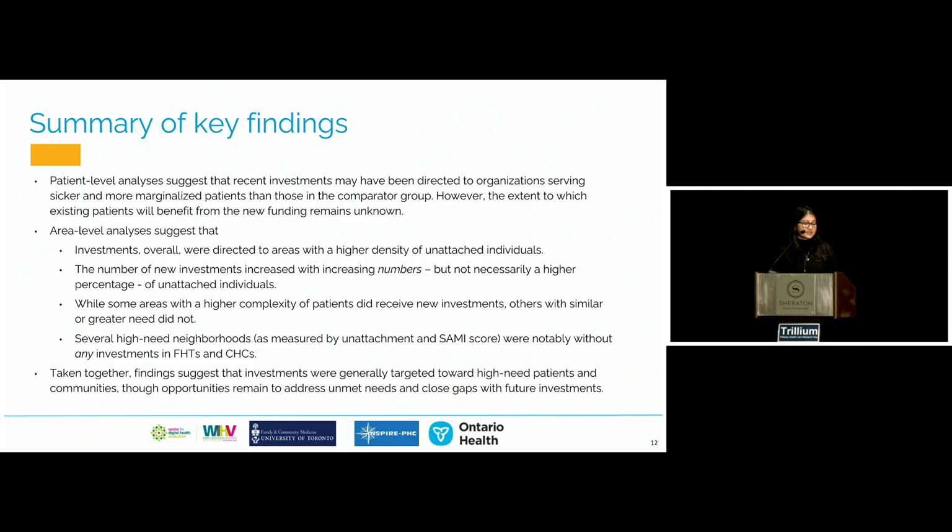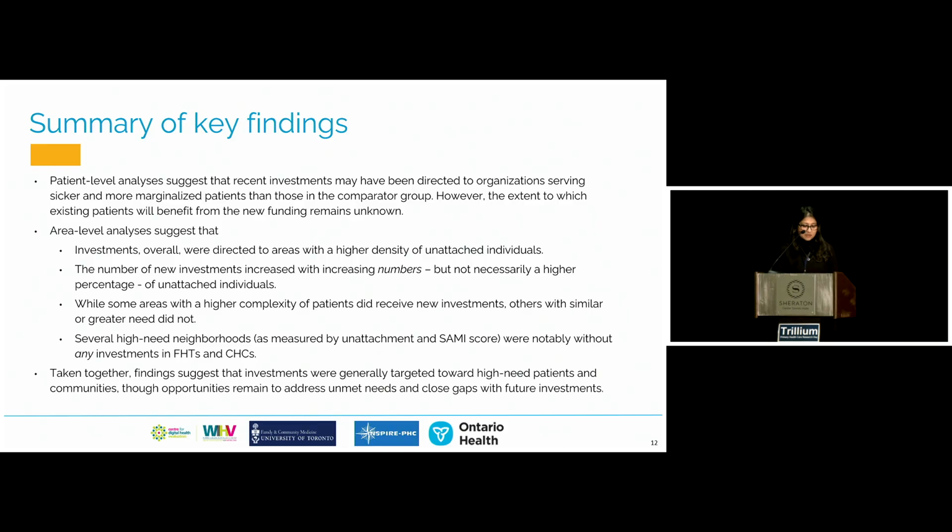Taken together, the study suggests that investments were broadly targeted toward high-need patients and communities, but there are opportunities to further address unmet needs and close more gaps in future funding rounds. And the fact that there are gaps is not a surprise. Ontario